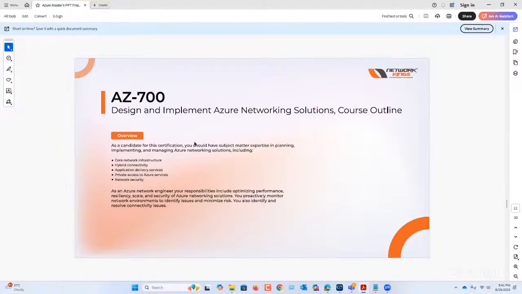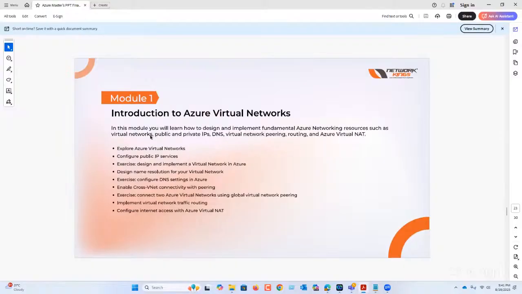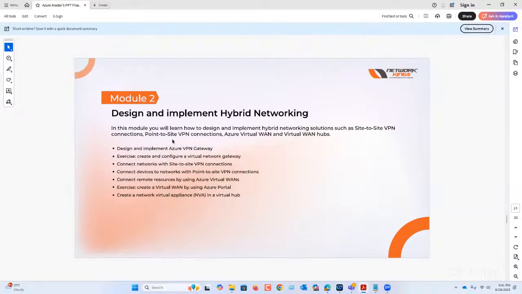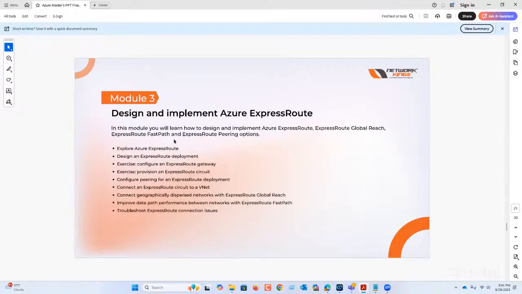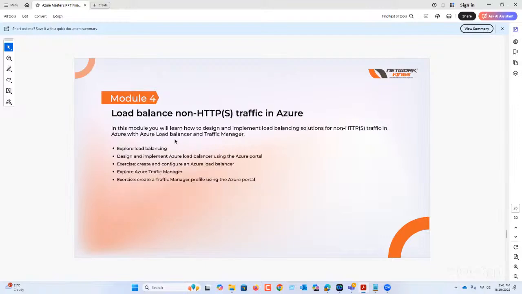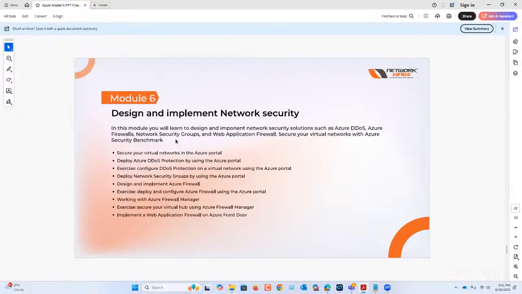And in this, we start with the networks, DNS, routes, then design hybrid networking, VPN, virtual WANs, ExpressRoute understanding, load balancer, non-HTTPS without WAF, with WAF, network security module.